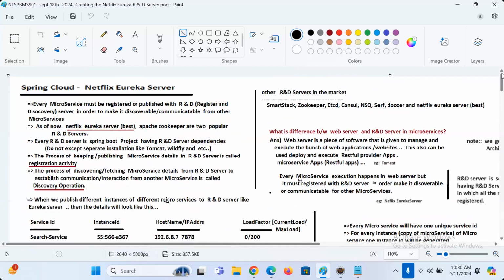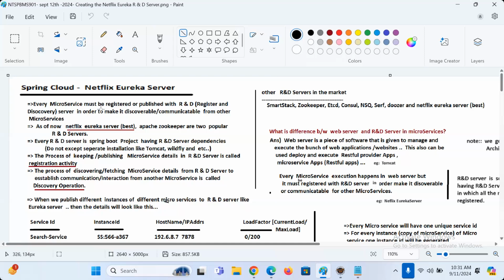What is the difference between RESTful web service and microservice? A RESTful web service is just a REST controller, and a microservice is the REST controller with additional facilities, additional tools support and design patterns. A REST controller will never be registered with any registry. It is direct client and consumer communication. But here, it should be registered with Eureka, sir.